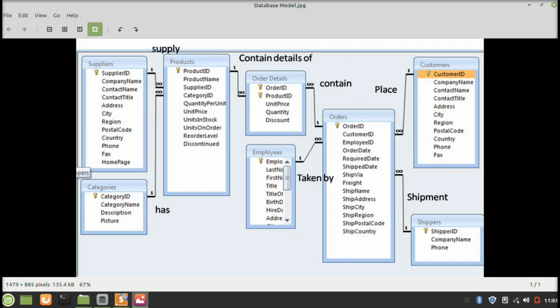So each order detail is identified by using the combination of these two foreign keys. Each product has a category, so the category ID is a foreign key in the product table. Likewise, the supplier ID is a foreign key which is used to identify each supplier supplying those products.